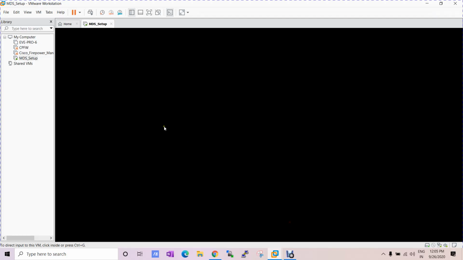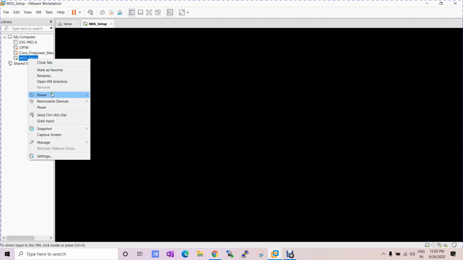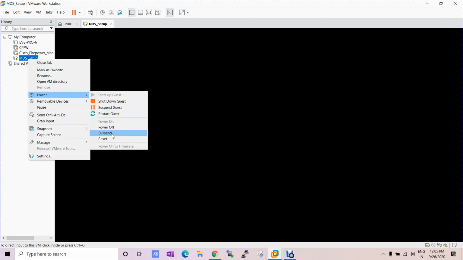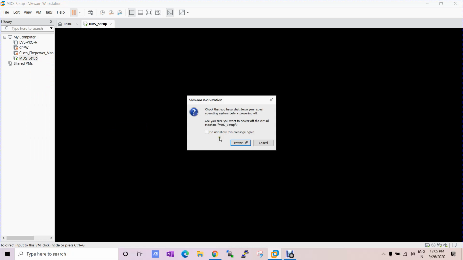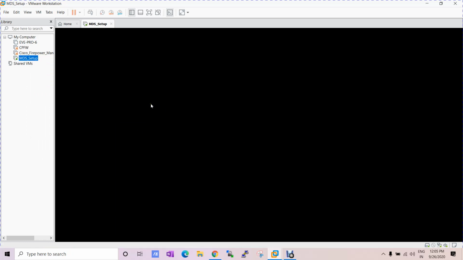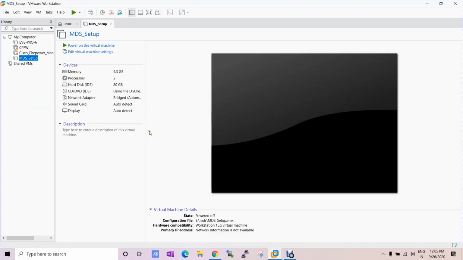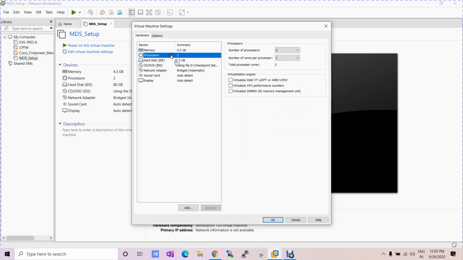Now what we need to do, I'm stopping this session, doing power off, because I cannot increase the CPUs while powered on. So let me go to edit and processor 2, right? So it will be fine as per the requirement.